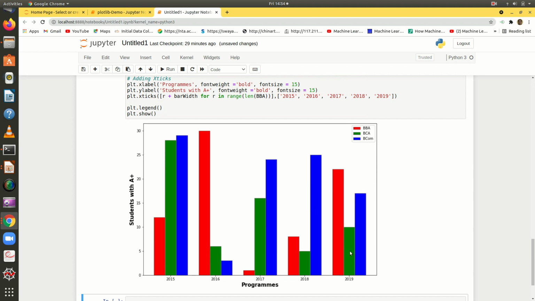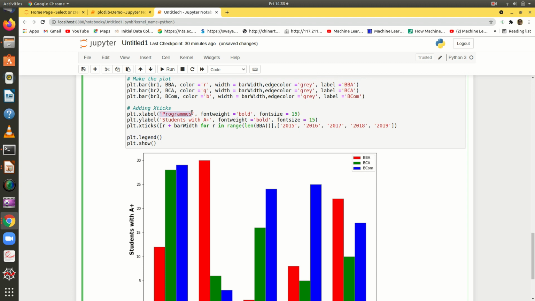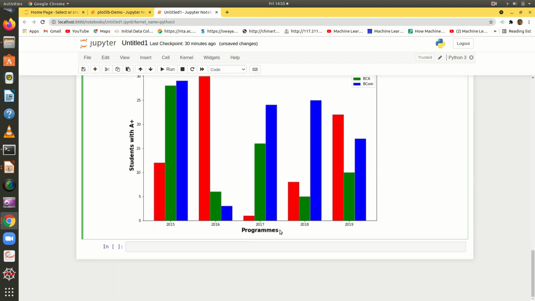So you have BBA in red color, BCA in green color, BCom in blue color. So this is what you call the legend. This appears because of this function called legend. Then X label value is programs.